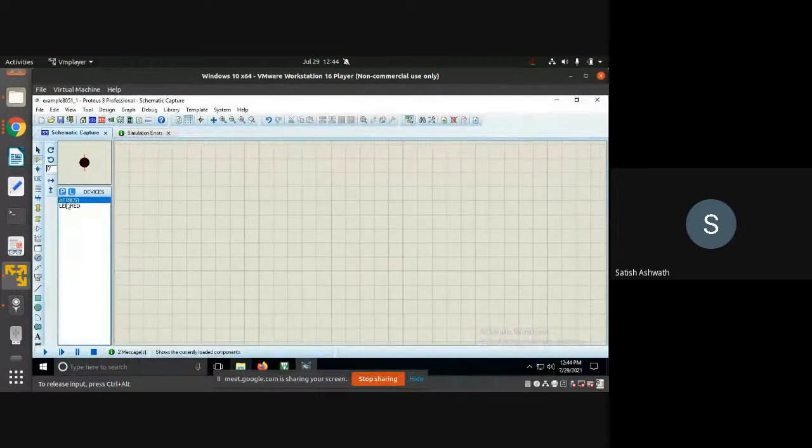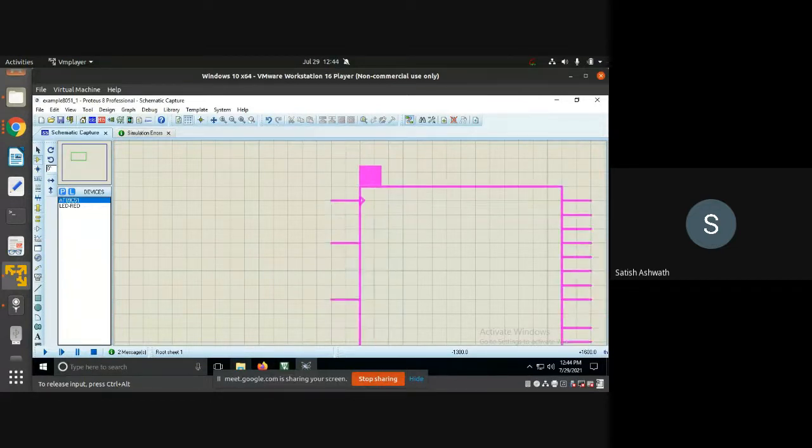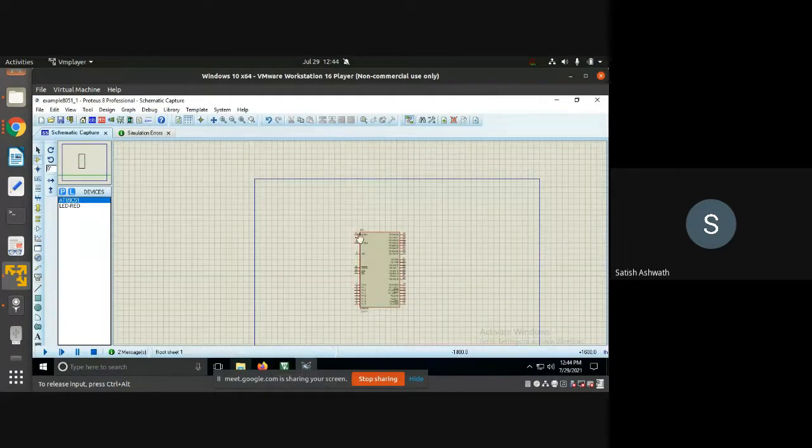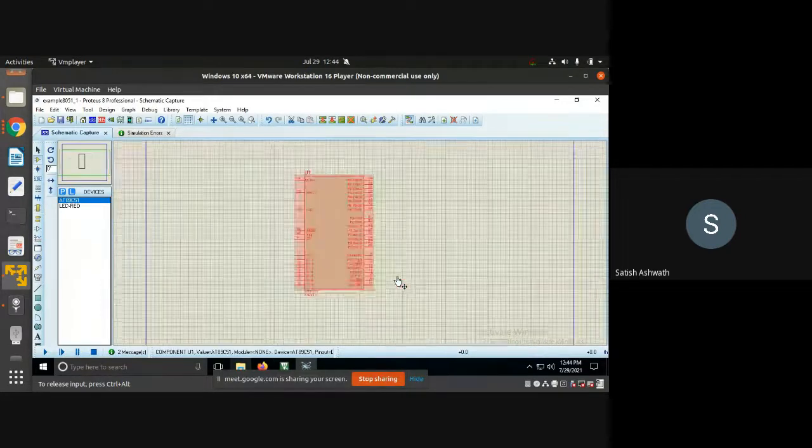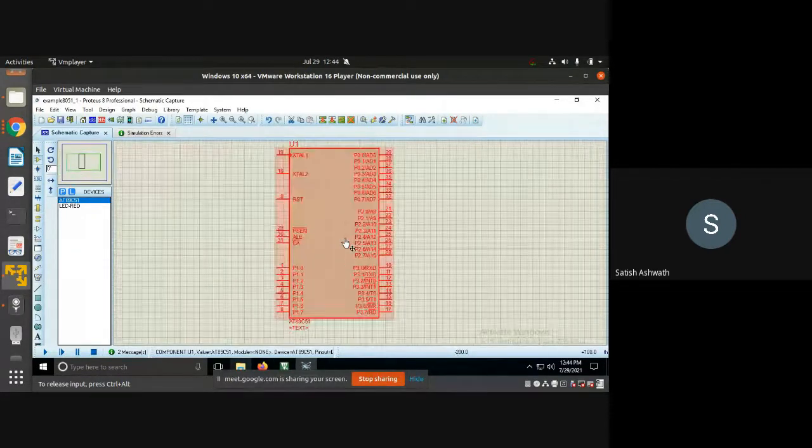So you can see 89C51 comes here. If I want to place it, click on it, come here and place it in the schematic. Let me zoom out a little. This is the 89C51. You can see all 4 ports are available: port 0, port 1, port 2, port 3, with all the other pins that you have seen till now.